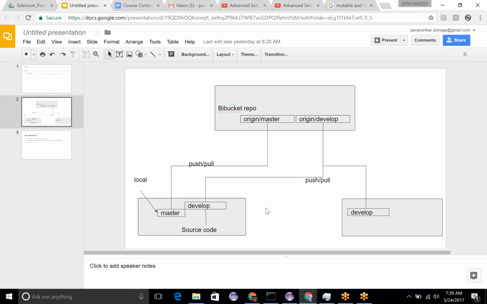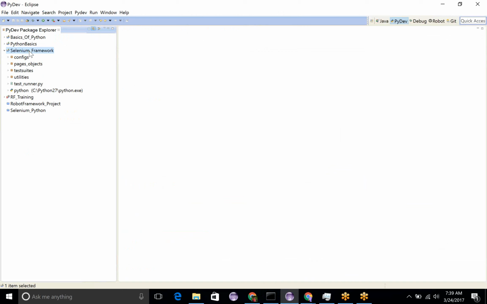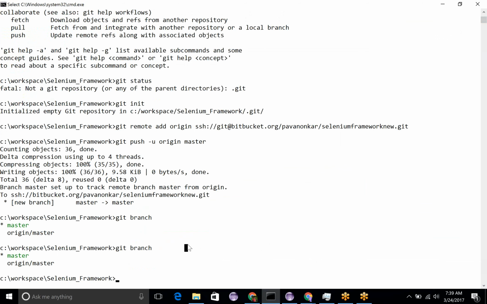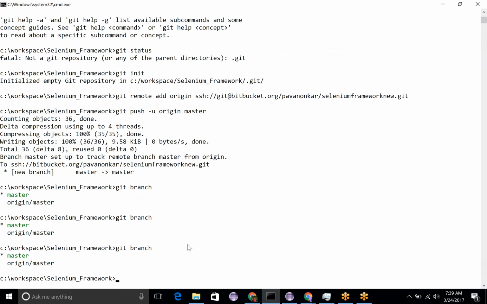So yesterday what we saw was, this was our one machine, this was another machine, and everyone was referring to the same branch, to which branch they are contributing. Ideally, right now if you see here, I have this folder and I go there and I see that in the Selenium framework, if I hit git branch, I see that I am on the master branch. Now I have to create a new branch from this. So what do I mean here is